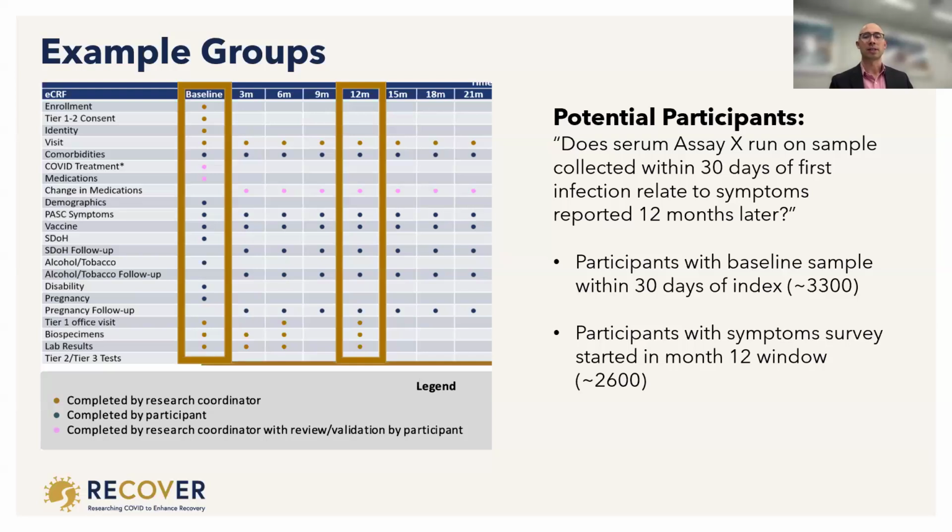As we narrow down further to say, okay, well, our analysis is only going to include those who gave us symptom surveys 12 months later. So that gets us to 2,600. So for this very simple example, we might have 2,600 participants to analyze, or samples and participants to analyze. So if we go to the next slide,